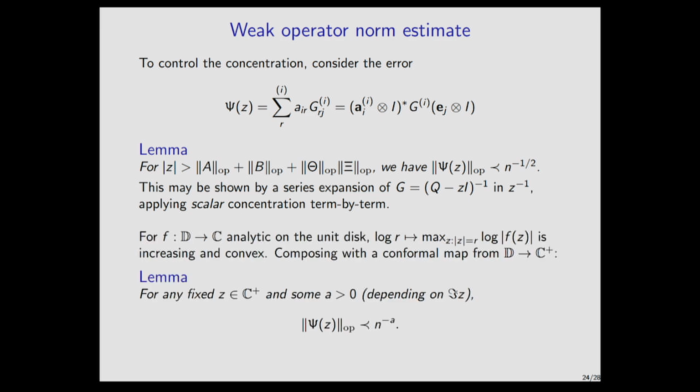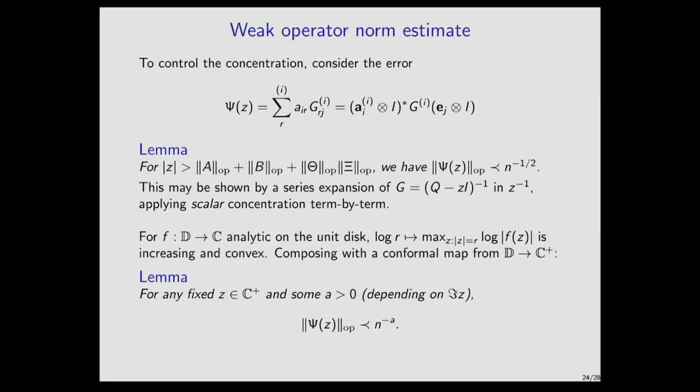Okay. Now, what this implies by a quantitative version of a maximum modulus principle, a result from complex analysis: if I have an analytic function on the unit disk, and I look at the rings of the disk around 0, and I look at the maximum value of the function on each ring, then the log of the maximum value as a function of the log radius of the ring is increasing and convex. This is a classical result of complex analysis.